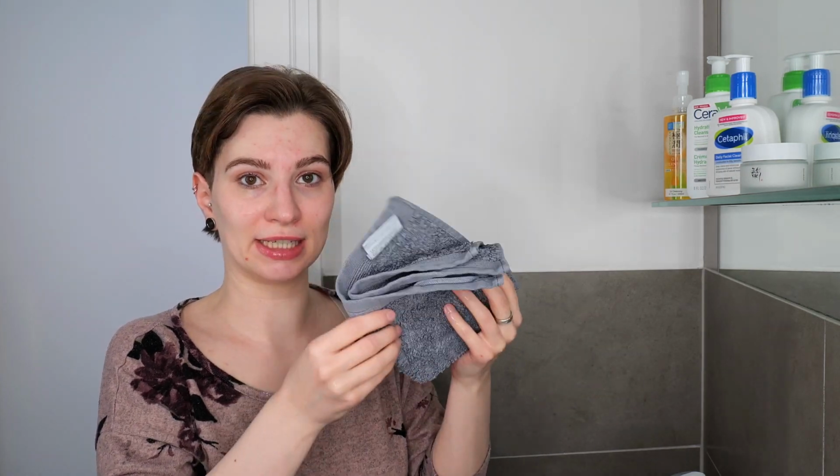So now once you're done with taking off the oil cleanser and you want to use it on its own, now would be the time to take a fresh towel and pat the skin dry, and then there you have it. However, if you now want to lead into a double cleanse, which is usually in your evening skincare routine,